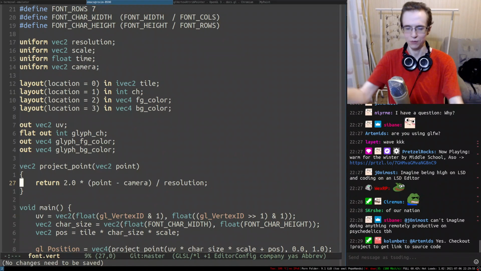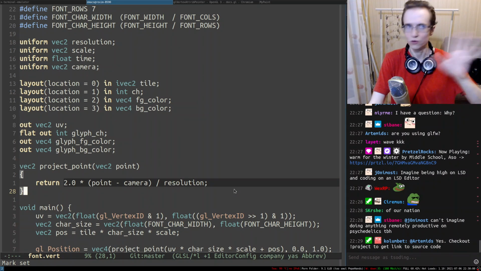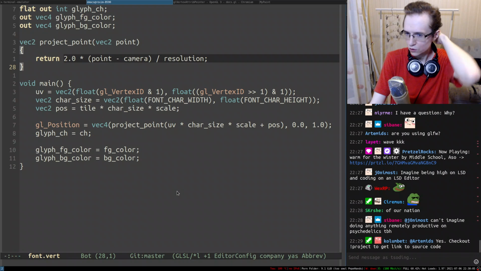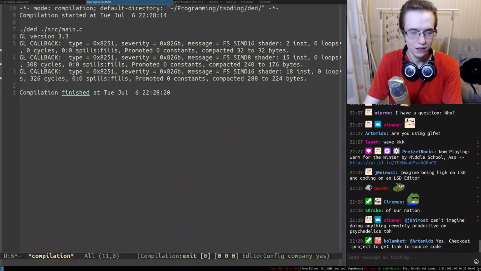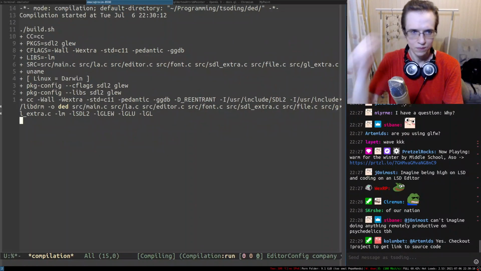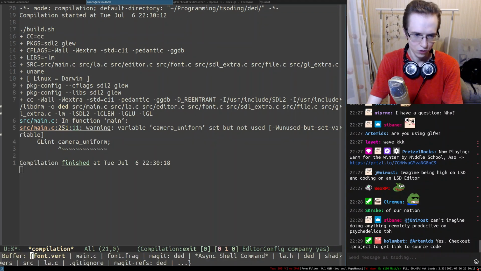So I'm subtracting the camera from the point. Then I'm mapping it to the screen. Not to the screen, but to NDC, normalized device coordinates. So yeah, I think that should be enough. And I need to recompile the entire thing. So we're already handling the camera uniform in the GPU.